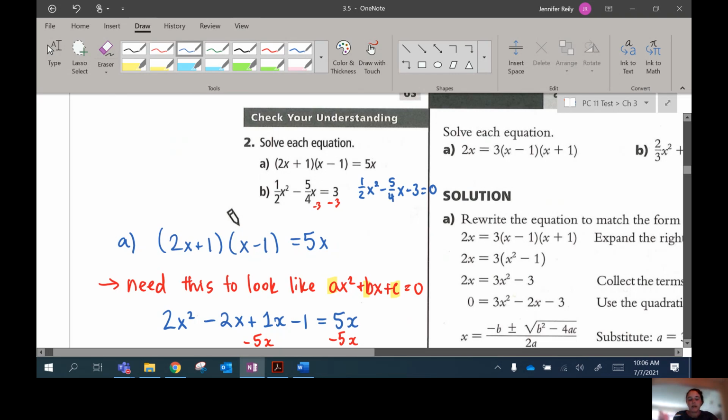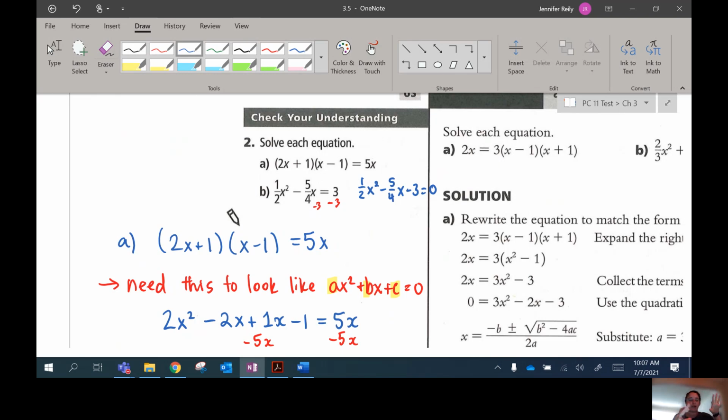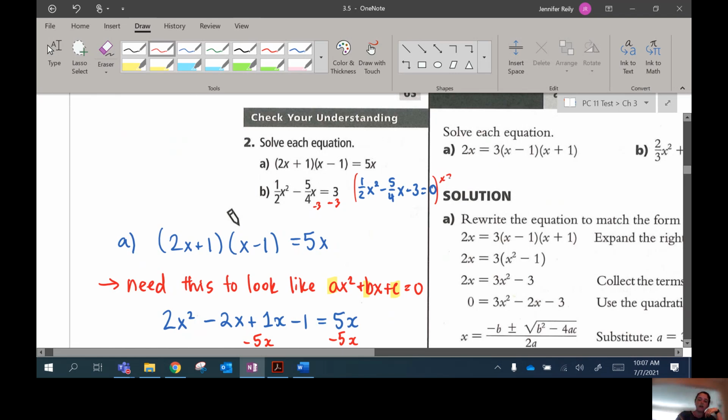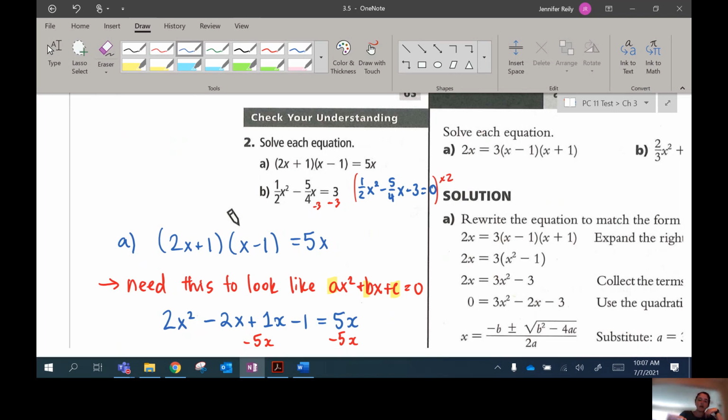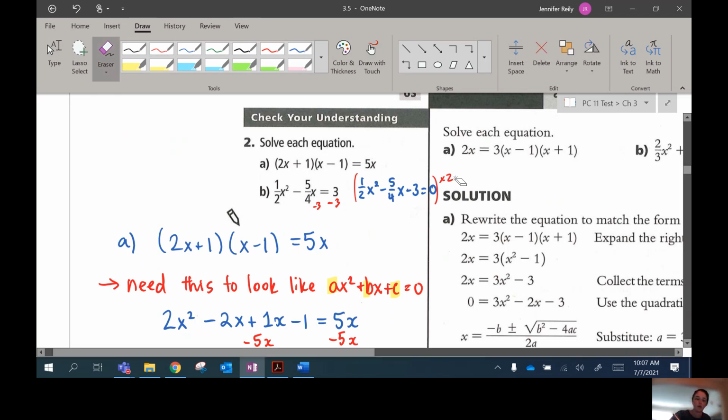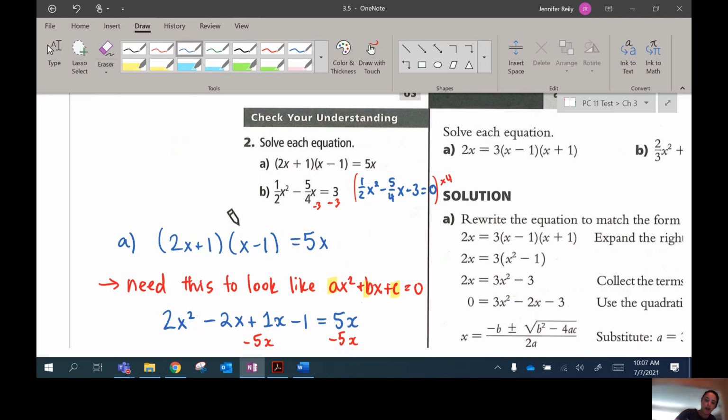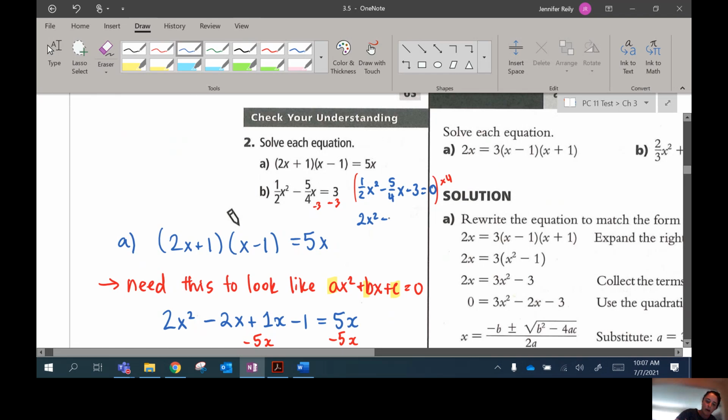However, you could just apply the quadratic formula right now, but we really don't want to deal with fractions because the quadratic formula already has fractions in it. So you want to make your life easier and multiply everything here by 2, just to cancel those fractions out. Actually, sorry, you'd want to choose 4, because then all the fractions would be canceled. So then you'd have 2x squared minus 5x minus 12 equals 0, and now it's way easier to apply the